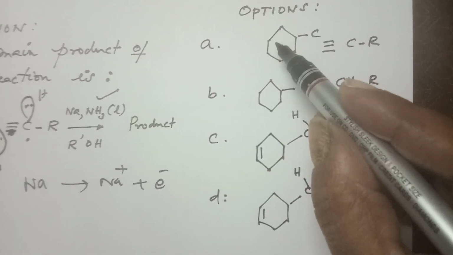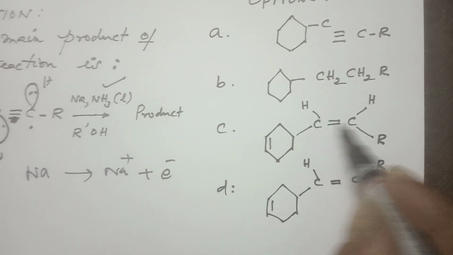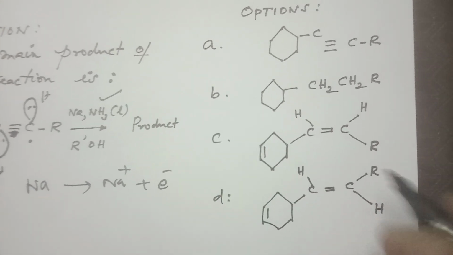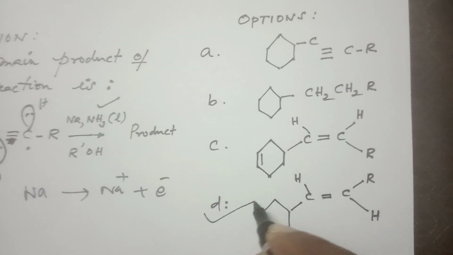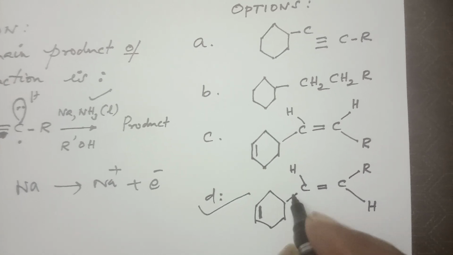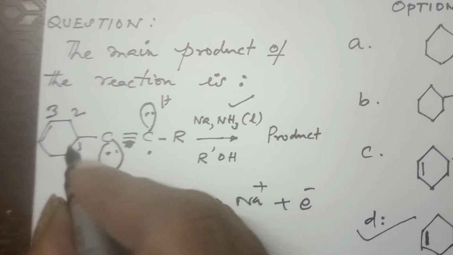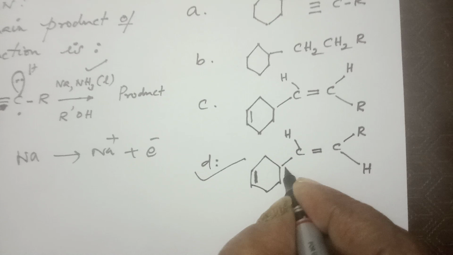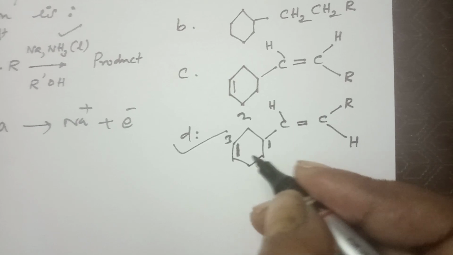Here the hydrogen is removed, so these are not the answers. Here of course the hydrogen is added, but it is the cis condition. Cis is for hydrogenation, and sodium in liquid ammonia gives trans. So I am coming here. This is the trans, where hydrogen is added in the trans position. So this is the option. Apart from that, the double bond is maintained at its original position. So what is the original position? Come and count by writing the numbers. Don't go any other way. This is the easiest method. 1, 2, 3. So on the third carbon atom is the double bond. Here come and verify. 1, 2, 3. On carbon number 3 the double bond. So this is the correct answer.